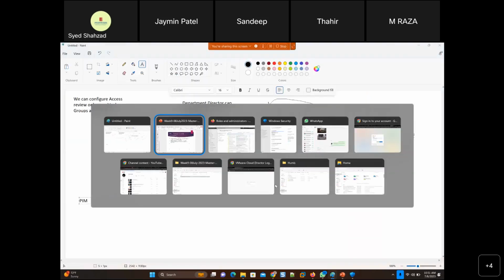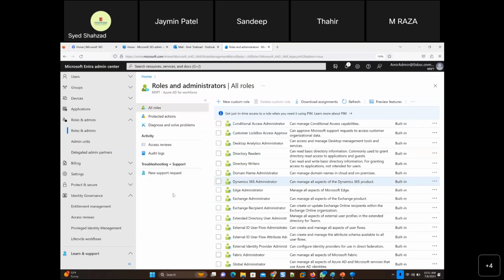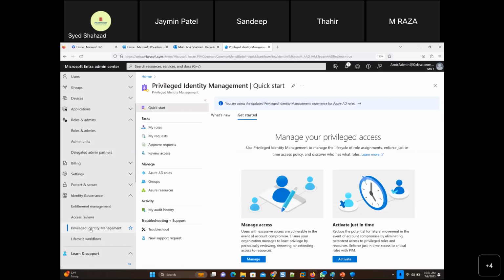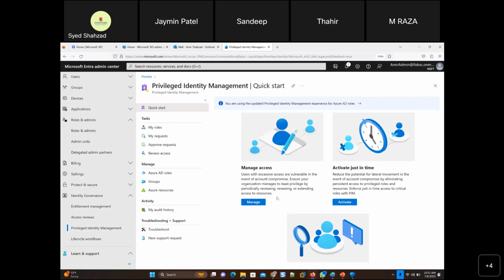That's one thing. And the second thing is, let's go to PIM, Privileged Identity Management. Obviously with more power comes more responsibility, right? So manage access. Users with excessive access are vulnerable in the event of account compromise. A hacker somehow gets access to your user account and password, maybe your cell phone as well.